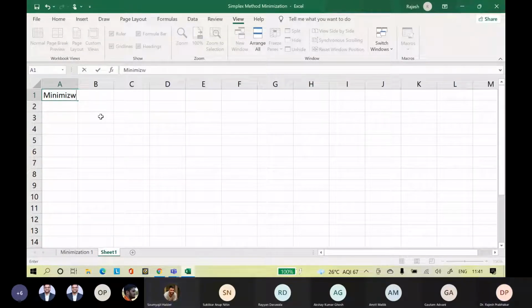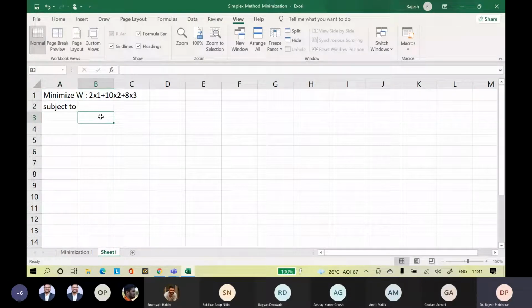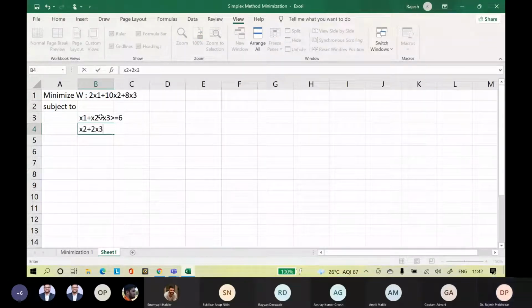Okay. Minimize W equals 2x1 plus 10x2 plus 8x3, subject to the constraints: x1 plus x2 plus x3 greater than or equal to 6, then x2 plus 2x3 greater than or equal to 8,